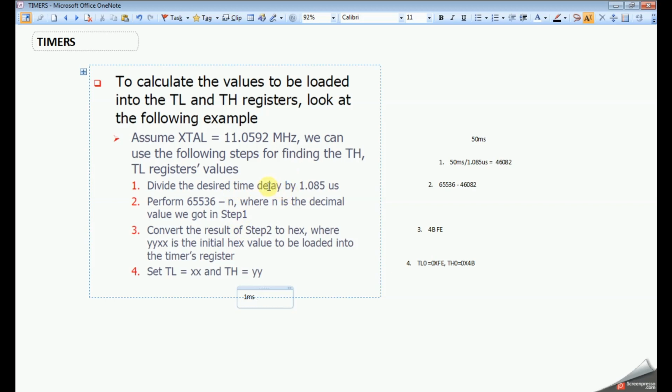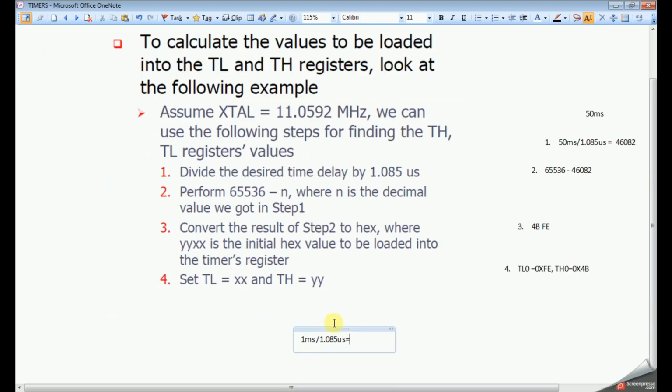It should be the time delay divided by 1.085 microseconds. That means 1 millisecond divided by 1.085 microseconds, that is nothing but 1000 divided by 1.085, which gives 921.65.